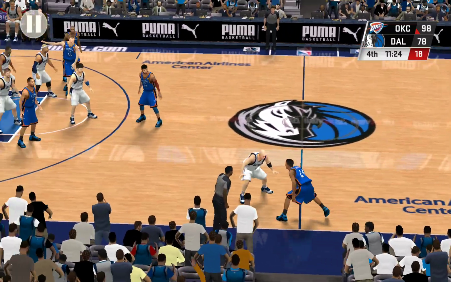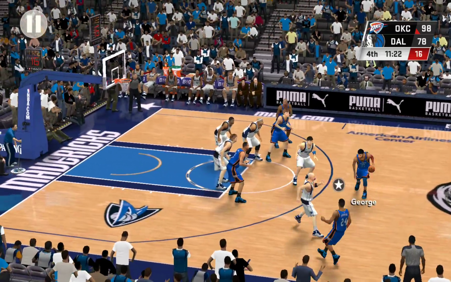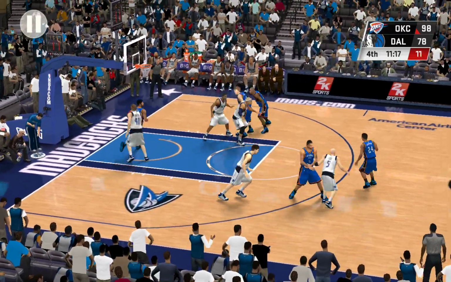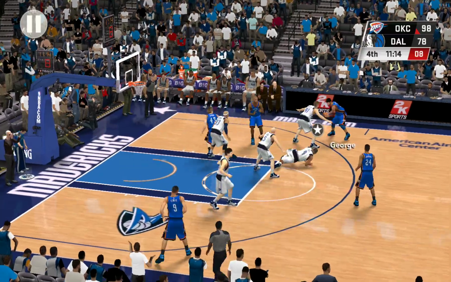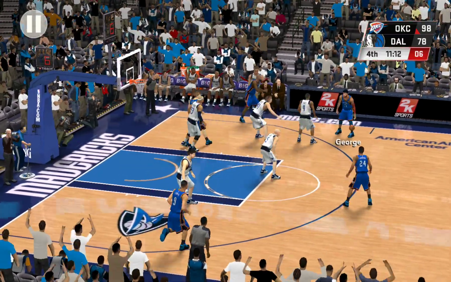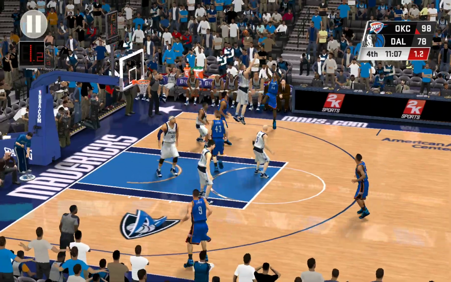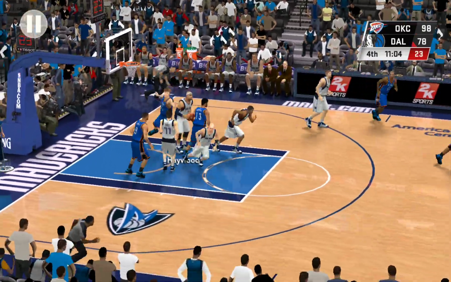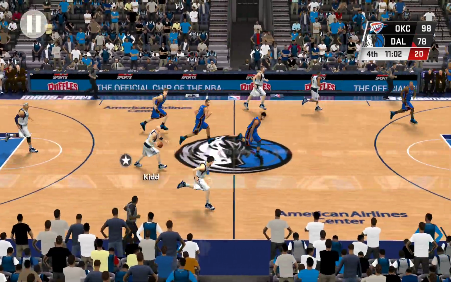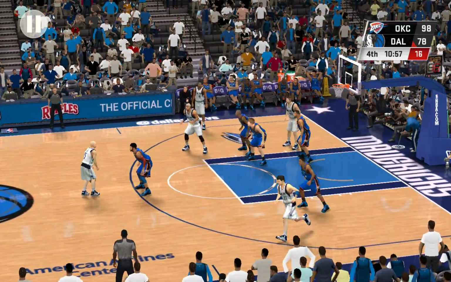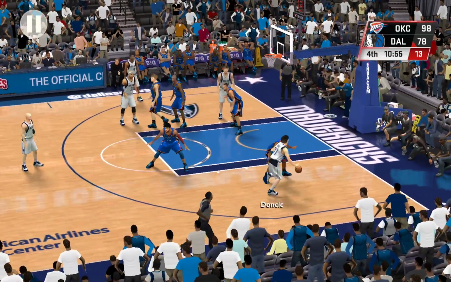Now here's Johnson. Back to George. Shot clock at 6. Right side George. The fader. The shot will not go. And here are the Mavericks now. We've played just over 1 minute here in the fourth quarter.